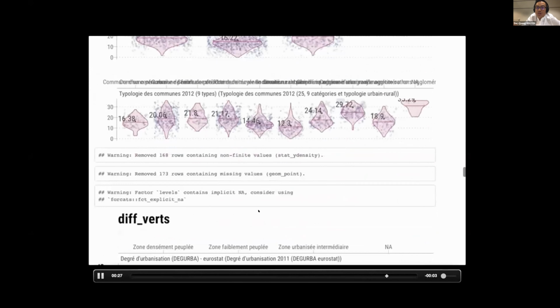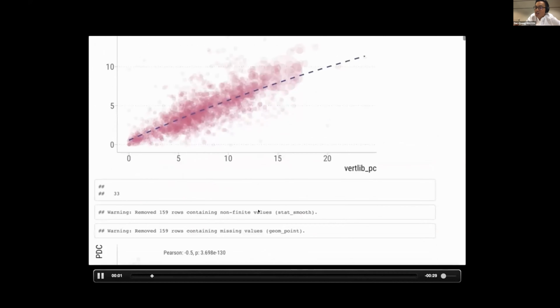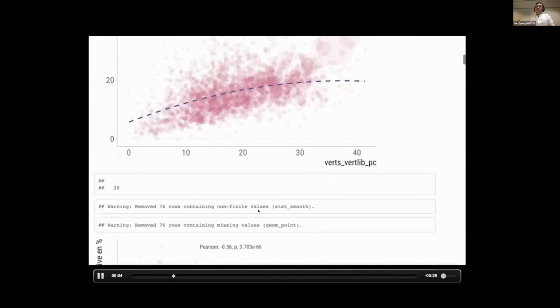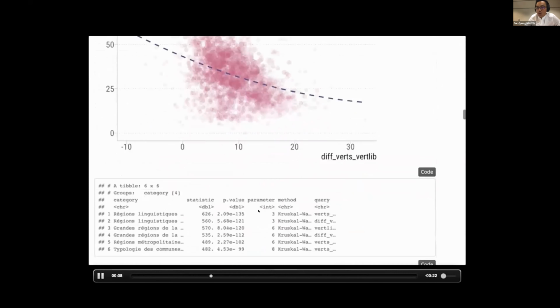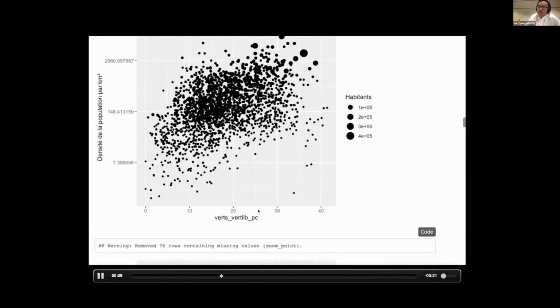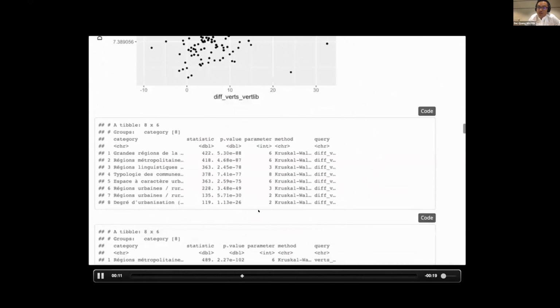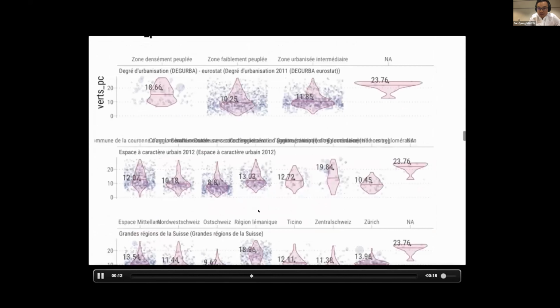And that script I actually use all the time. Every time there's a federal ballot, I can use all those properties of municipalities and compute correlation with whatever continuous variable.